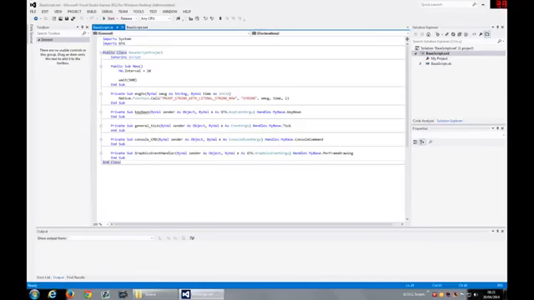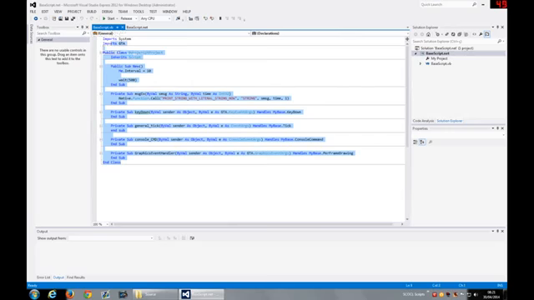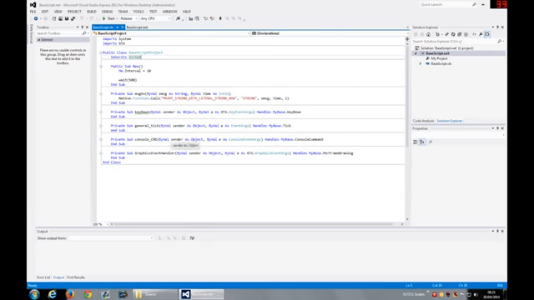Basically it's this file here. We can start any script based on this file here.